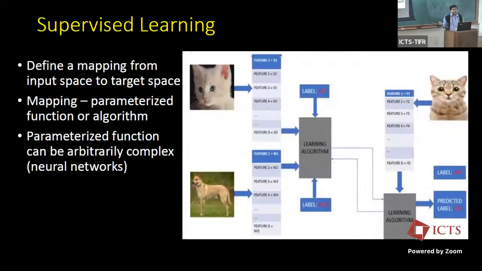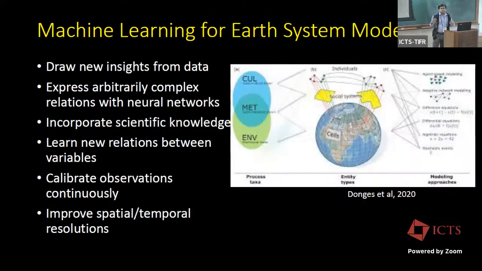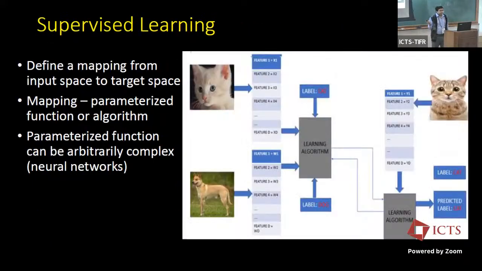So now let's try to dig deep into some of these methods, and especially for the benefit of those of you who may not have much of a previous background in machine learning, let's start a bit from the basics. Let's first understand what machine learning tries to do, and then we will see some specific cases of what it actually does in the context of monsoon and climate.